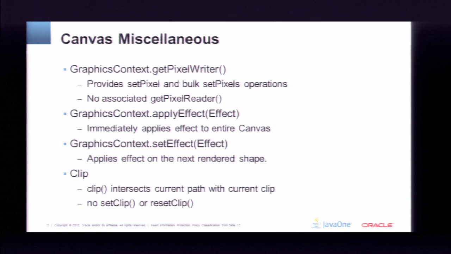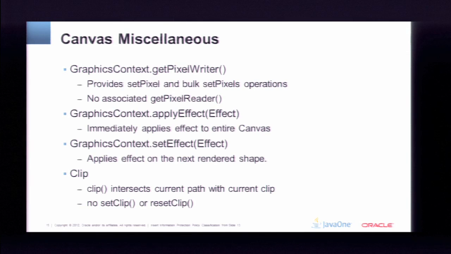It would be kind of like applying an effect to a whole scene, except it just does it, and then the results are back in the canvas, and you can do it again. So you could apply a blur over and over, and it would get really, really blurry over time, because each one is applied to the results of the previous one that go back into the canvas. It also does have a set effect, but that effect is applied only